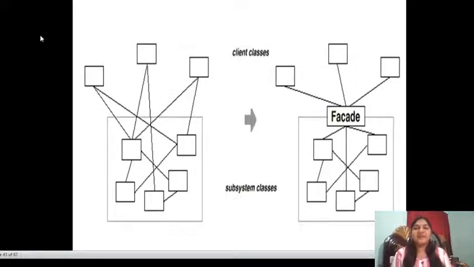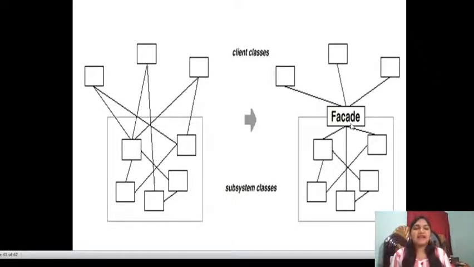If we take the left side diagram, it consists of all the classes connected to one another. This creates complexity and clumsiness. To avoid such complexity and confusion, we define the facade pattern, and it acts as an interface to the subsystem classes.